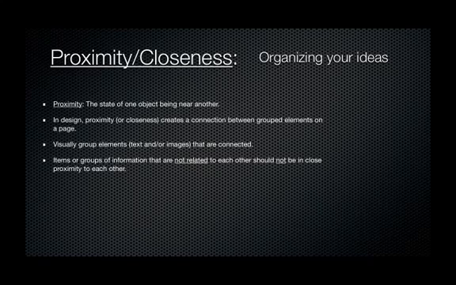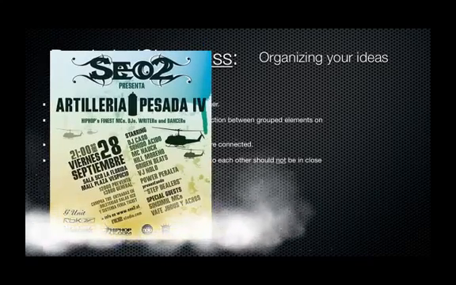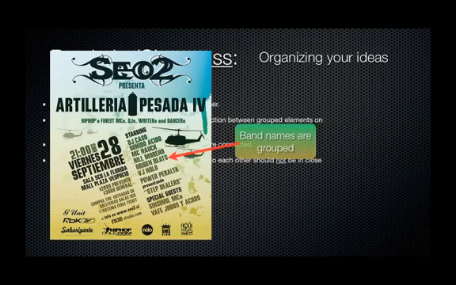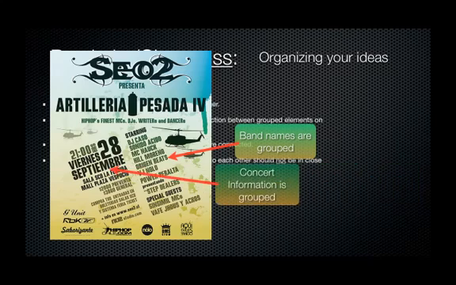That can be very confusing for the audience. Let's take a look at this example. Here's a flyer for a concert. Lots of information here, kind of busy, but they did utilize the principle of design, proximity. Number one, we have all of the band names grouped together in one area. And on the other side, we have all the concert information grouped together. So it's easy for the eye to scan around this page and find the information that they're looking for without